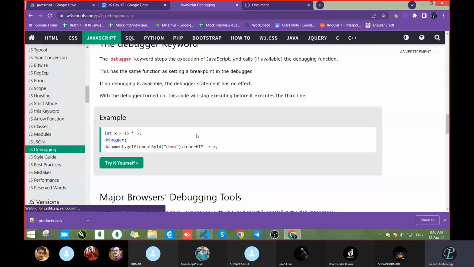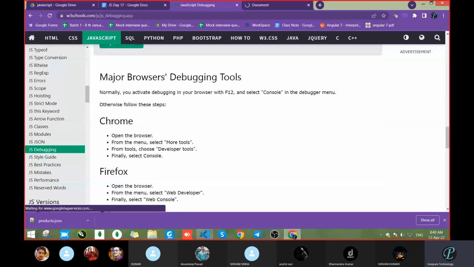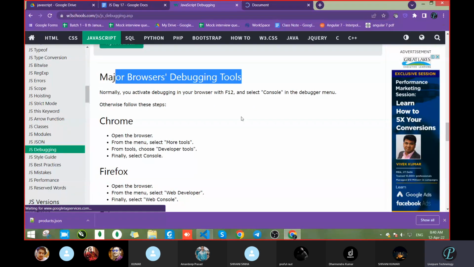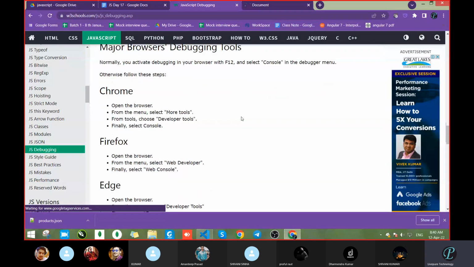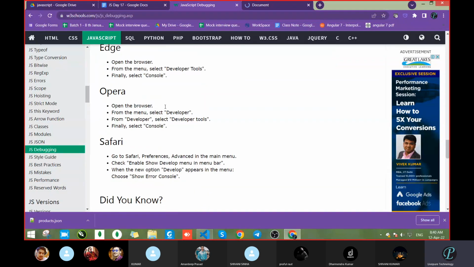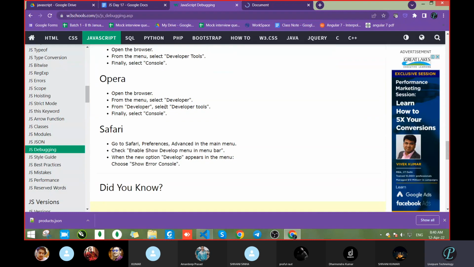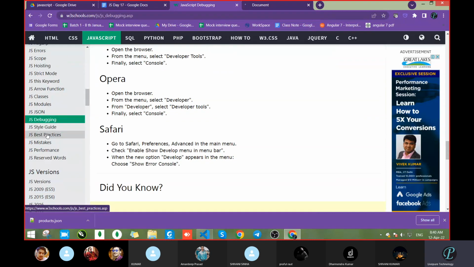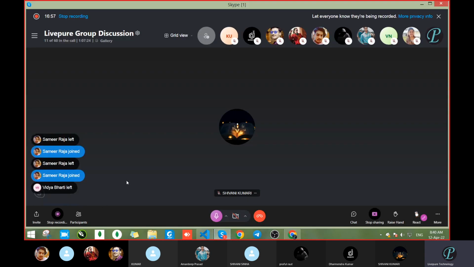So next is the debugger keyword. That's fine. Major browsers have debugging tools. Different debugger tools are also there on the browser side. You can check that. Otherwise, it's not used that much. That's it. Then all are here: style guide, best practices, performance, reserved keywords. We already know those things. If you want, you can